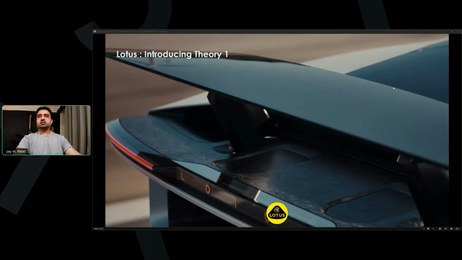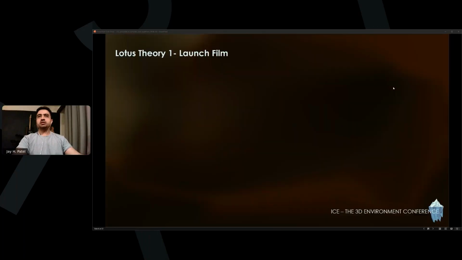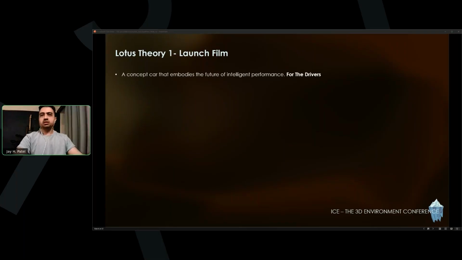After this slide, we'll have the cinematic, so we understand what's going on. So the Theory 1 is a concept car built by Lotus. It's basically the future of intelligent performance.